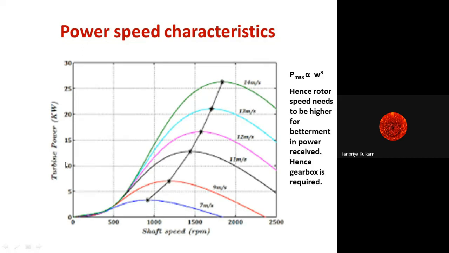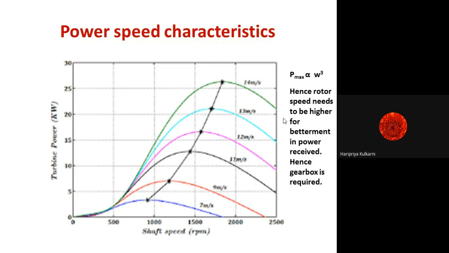As we know, as the wind speed increases, shaft speed is going to increase and power extracted will increase. It happens up to a certain point. After that, we go for a stalling operation wherein we stop the wind turbine. It is because of safety. We already have studied the concept of stalling.